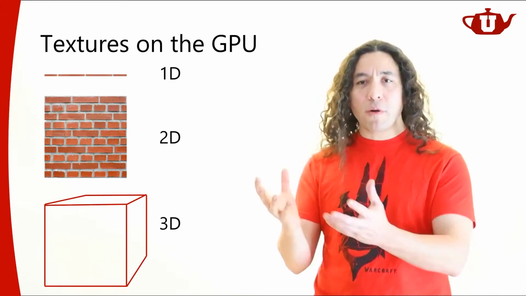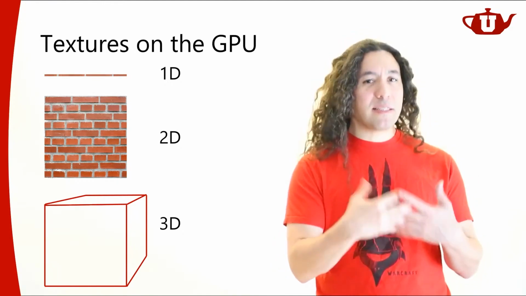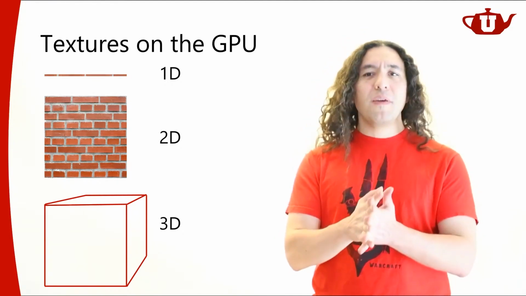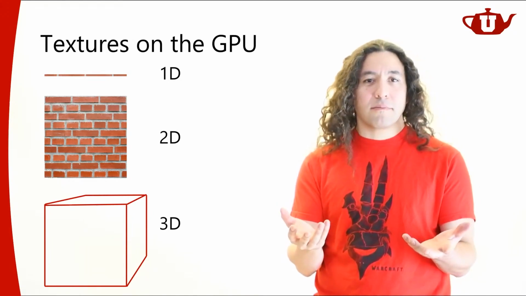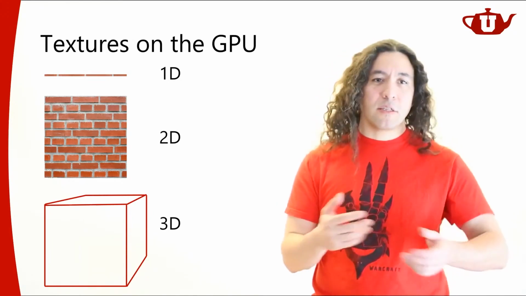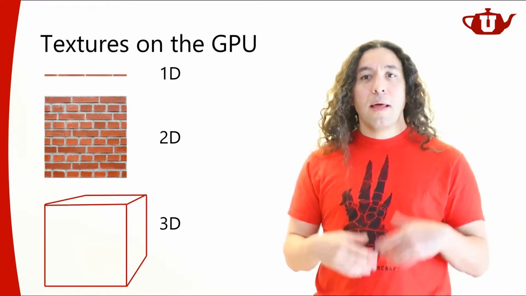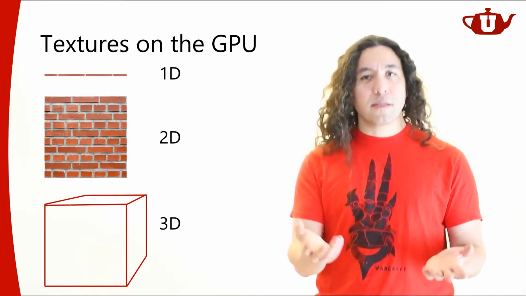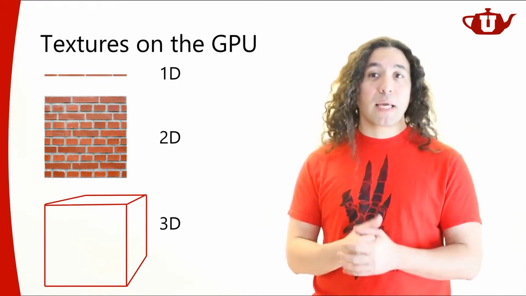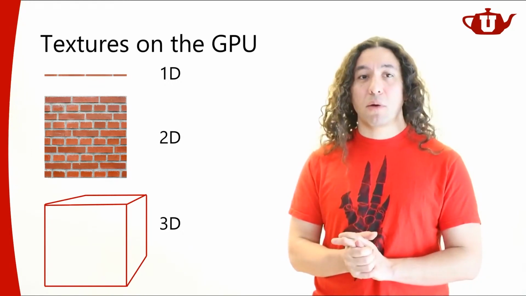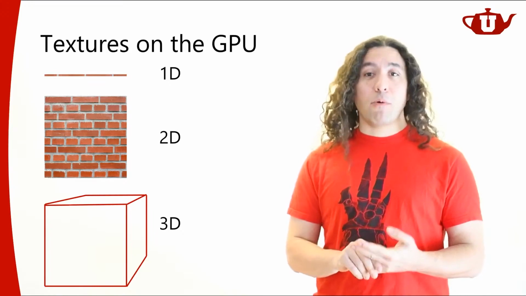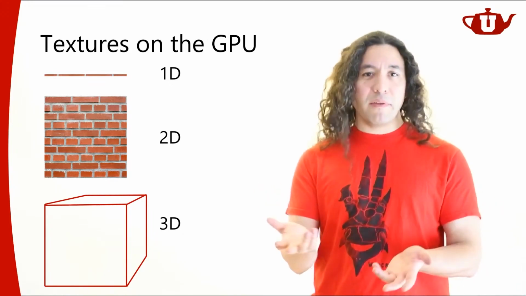It's a coordinate in some different space, in texture space. And we call it UV because we typically deal with 2D textures, right? So when we're dealing with 2D textures, you're going to have two coordinates, U and V. If we have 3D textures, it's going to be UVW. Typically those are what we use for representing them. If we have a 1D texture, we only have U, we don't have V.